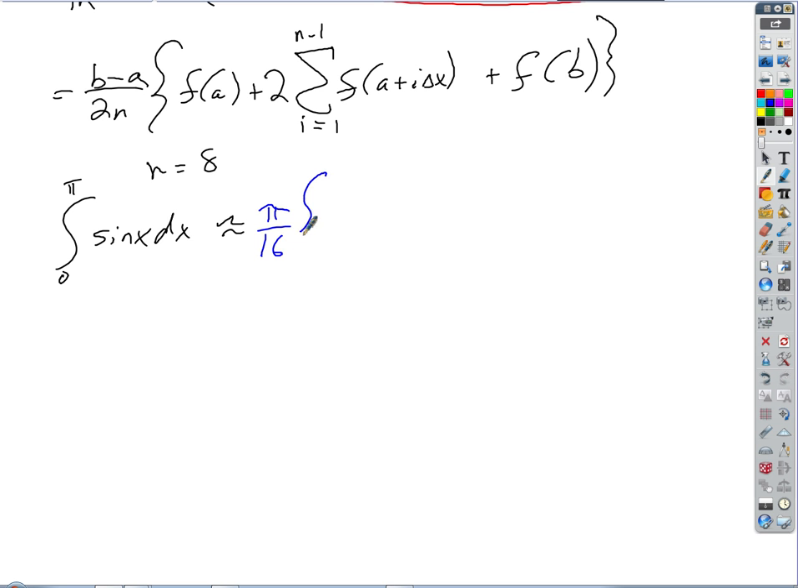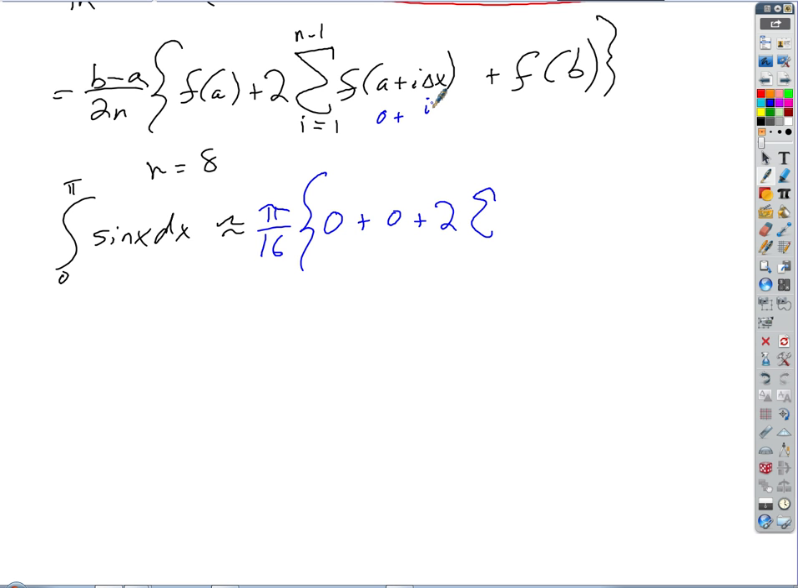Times f of 0, what's the sine of 0? I mean 0. Sorry. Okay, so 0 plus, let's do this one. What's f of pi? 0 plus 2 times the sum of f of a plus i delta x. Well, a plus i delta x is just going to be 0 plus